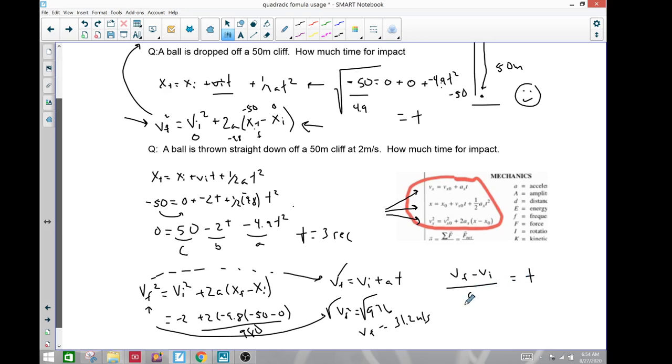All right, so VF is negative 31 minus a negative 2. And then acceleration is that of gravity, negative 9.8. So negative 31 minus a negative 2 equals negative 29 divided by negative 9.8 gives us a positive value, and I got about